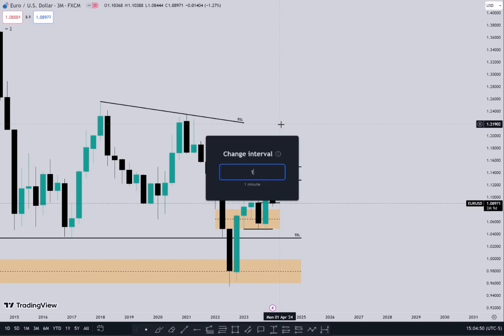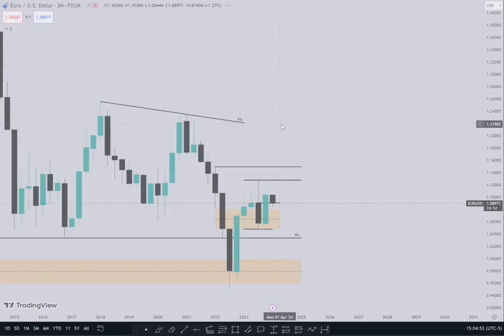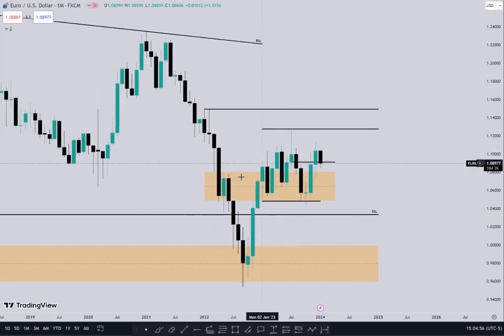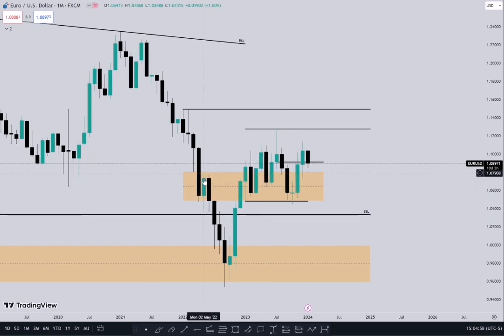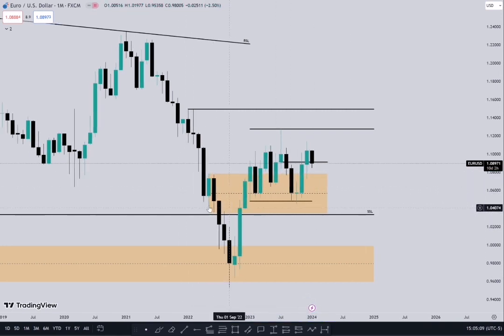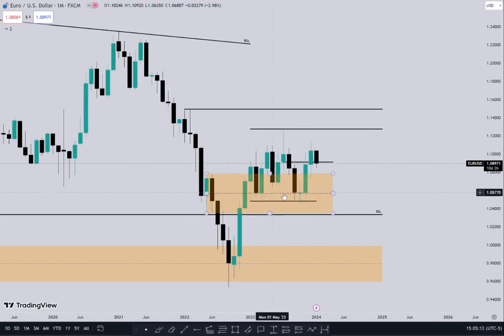So now we zoom into the monthly time frame. In the monthly time frame, you can see that the 3 months inversion fair value gap is actually a monthly breaker block. So we can define it as this monthly fair value, this monthly breaker block, and you can see that this monthly breaker block, once price went above that,